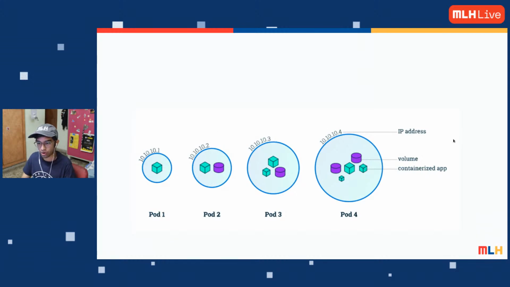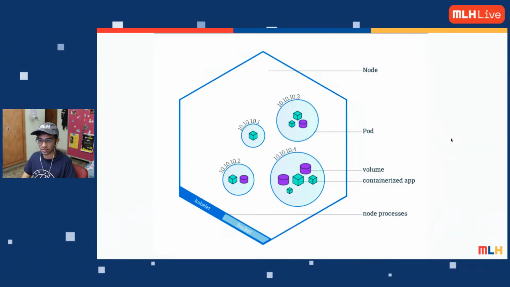Awesome. After pod, a set of pods comes under a node. A node can contain multiple pods. So think of this like a hierarchy. Like you are a student, and a bunch of students form a class. A bunch of classes form a school. A bunch of schools form a school chain or a university, whatever you like to call it. A node is where we have multiple pods running, multiple containers running.